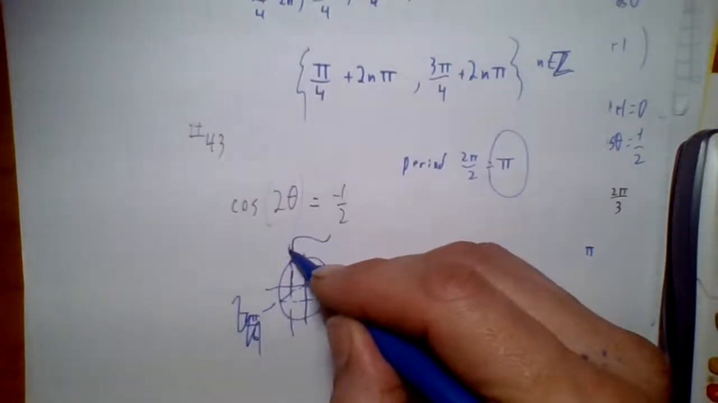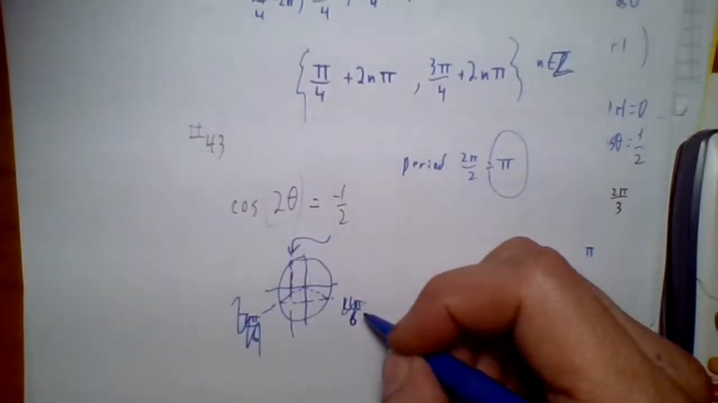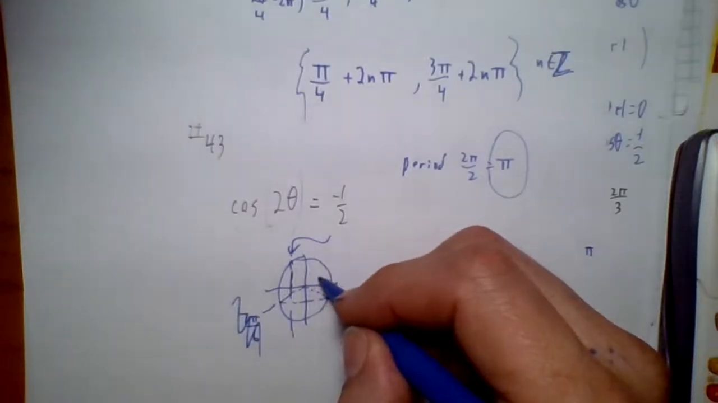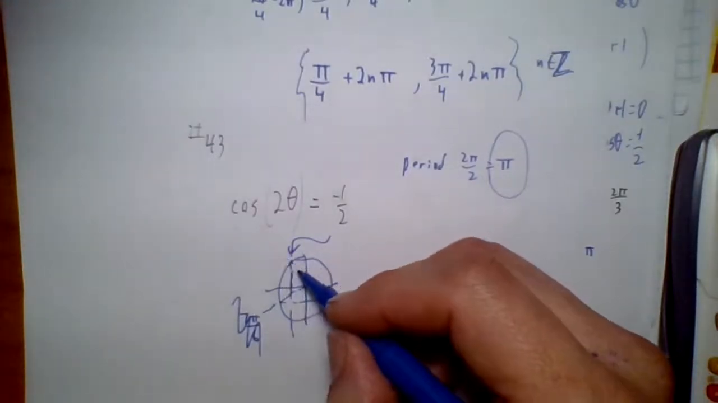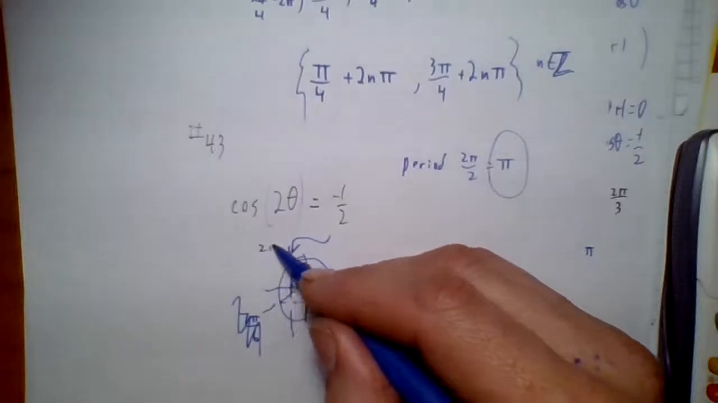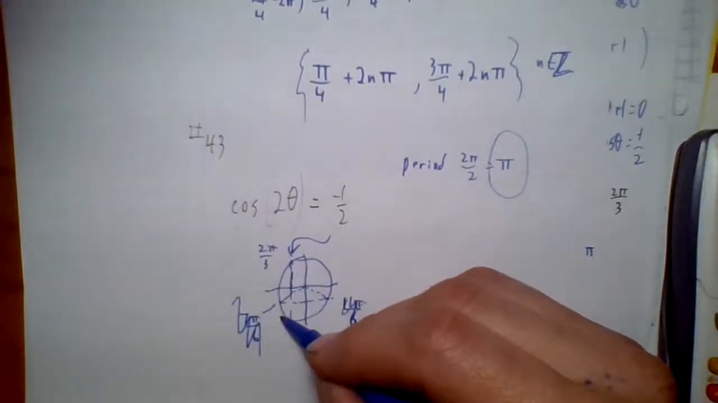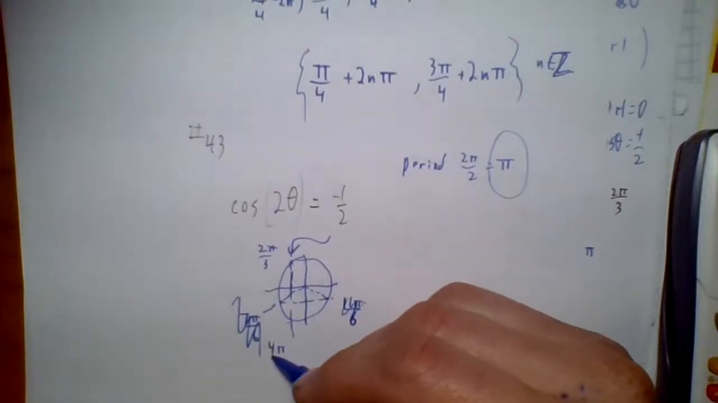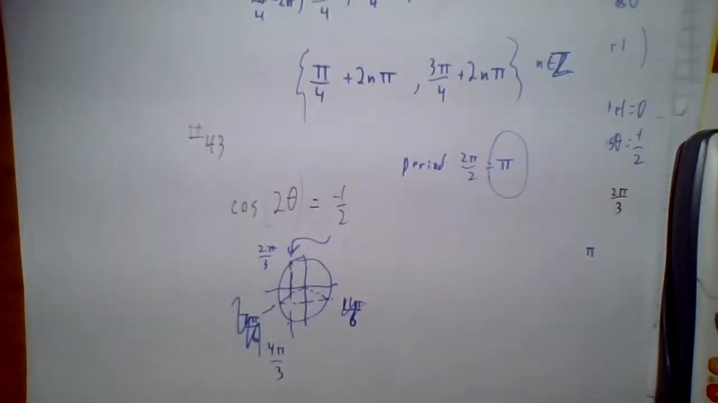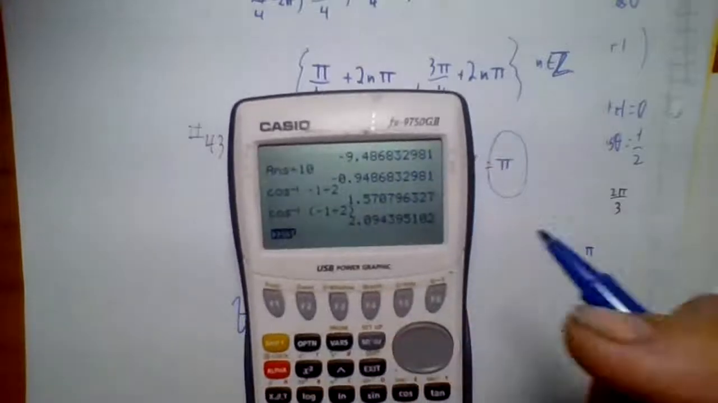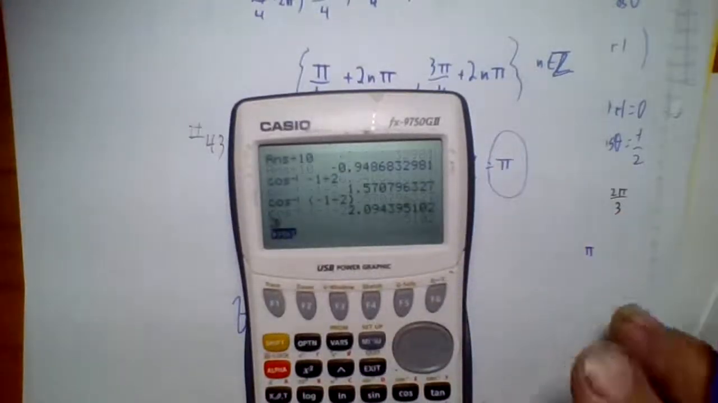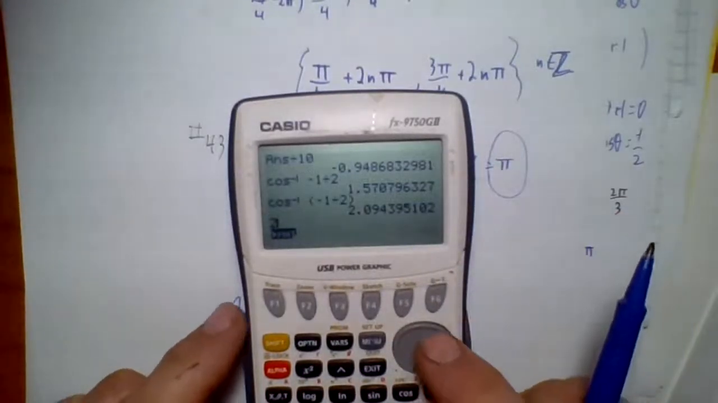This is x value on this. So it's here and there. This is 2 pi over 3. Pi plus pi over 3 is 4 pi over 3. That's more like it. That's what this number was. Second quadrant. That's 2 pi over 3. If you didn't recognize it,